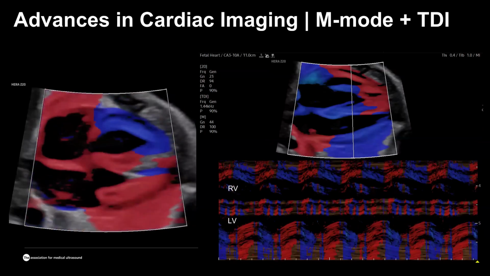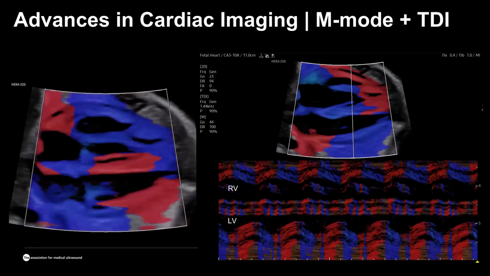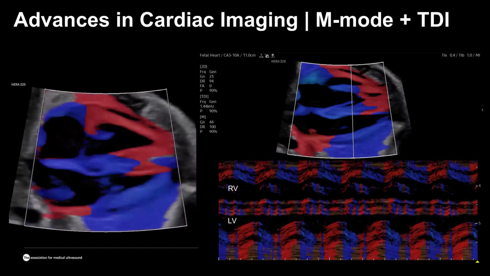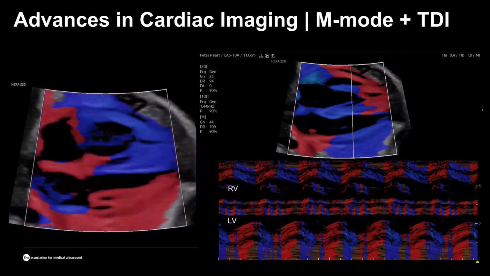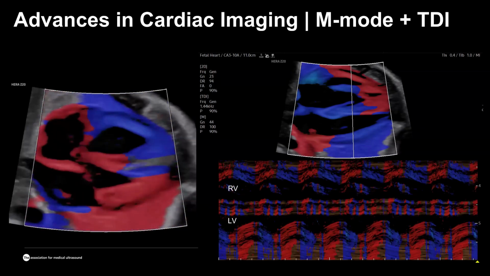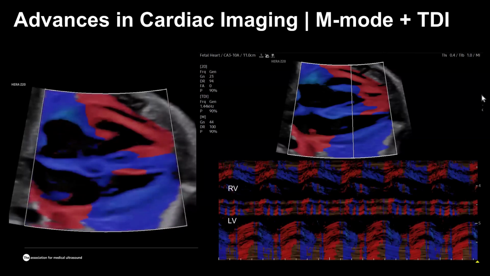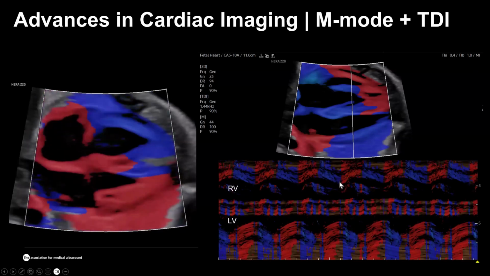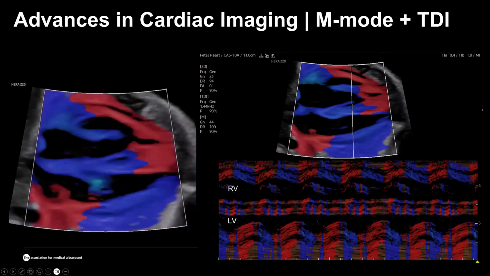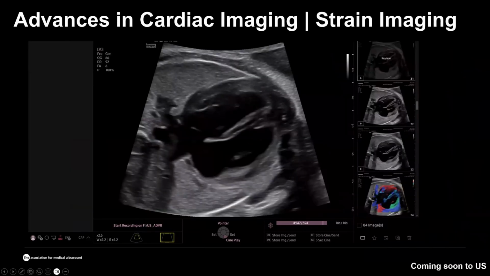But if you have a task to look at the cardiac function, the main limitation of the M mode is the impossibility to find the specific spot where the systole ends and diastole begins. That's why you can use the combination of the M mode and the tissue Doppler, and you will solve this problem, because the change in color will specifically indicate the time where you need to perform the measurement of the walls and myocardium of the interventricular septum.